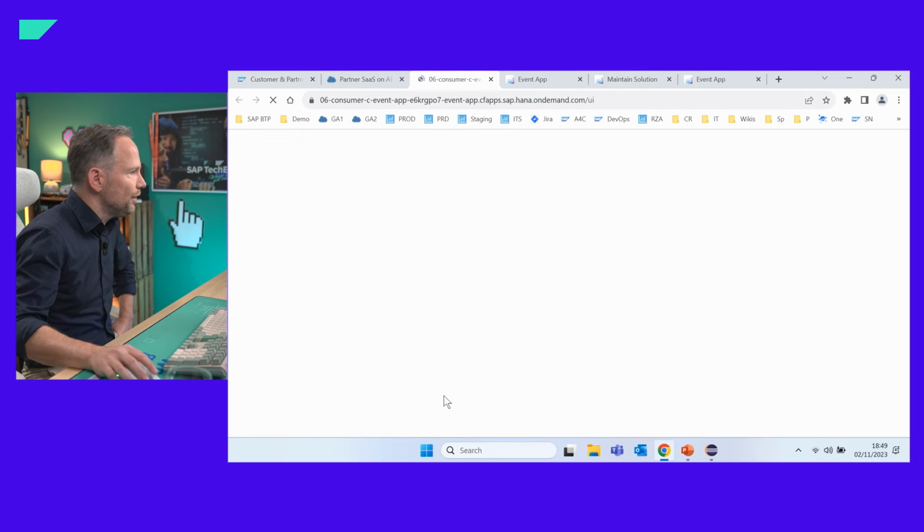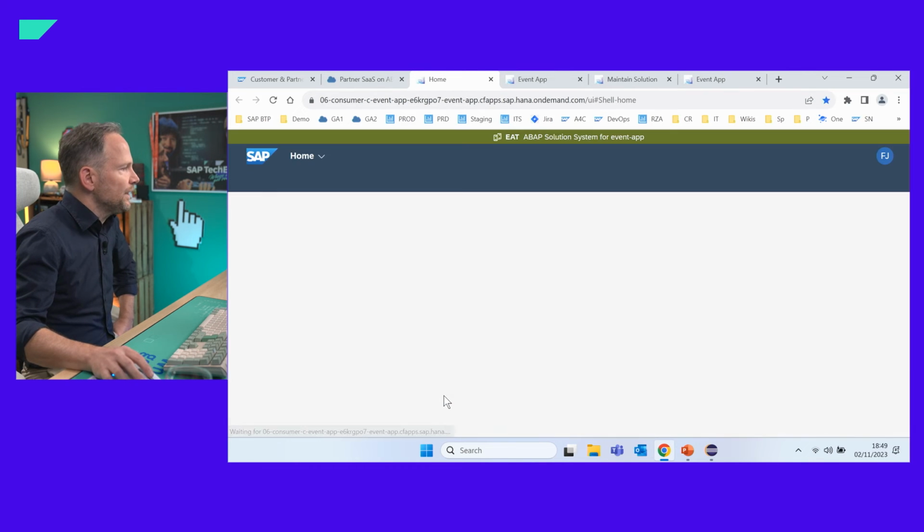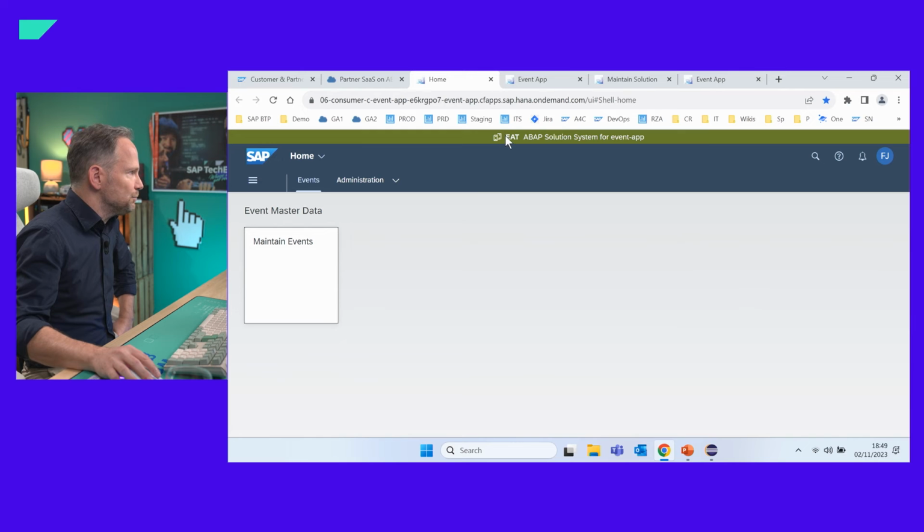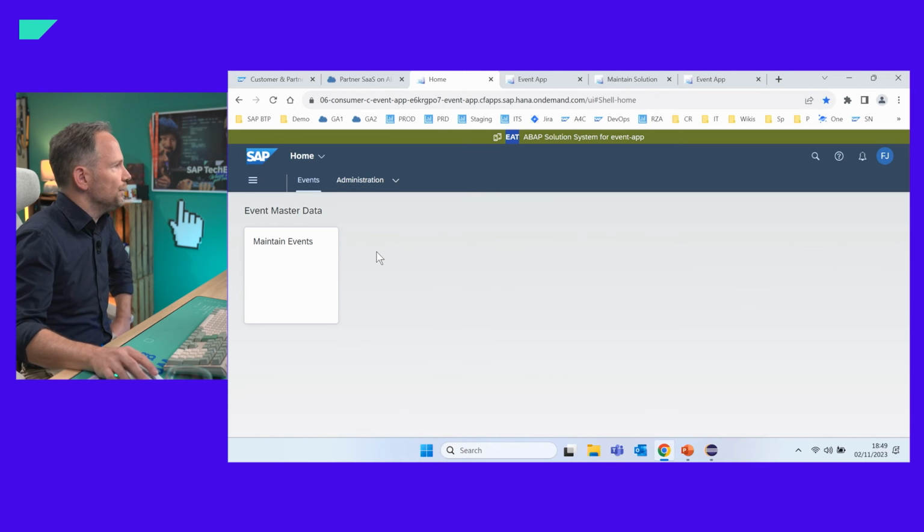And this is very important with regard to the costs, so that the provider system is used for more than one consumer. So here you can see it's the same system, but I use a different Fiori theme to visualize that I'm now in a separate tenant. So with that, I'm basically at the end of my demo.